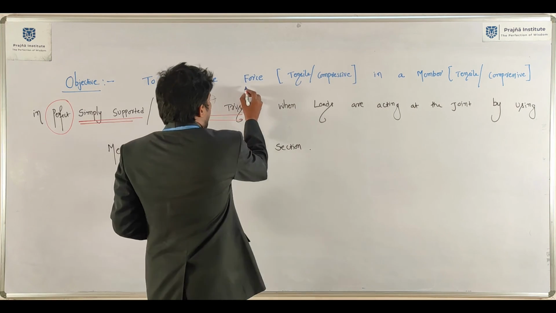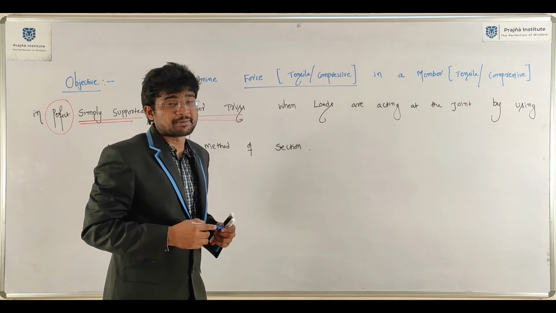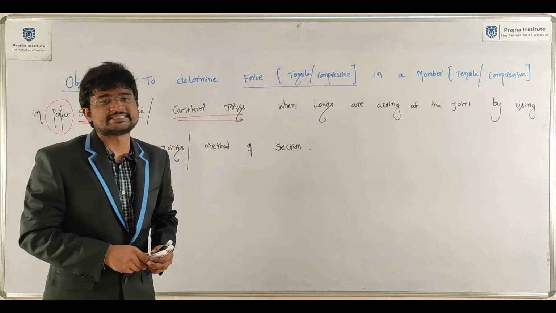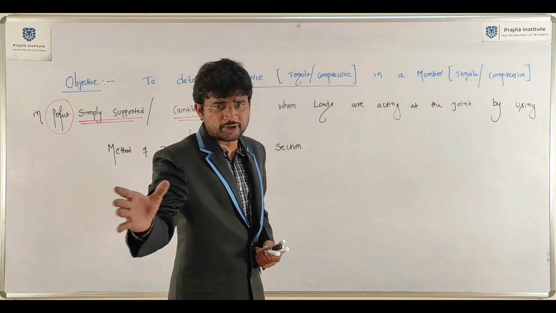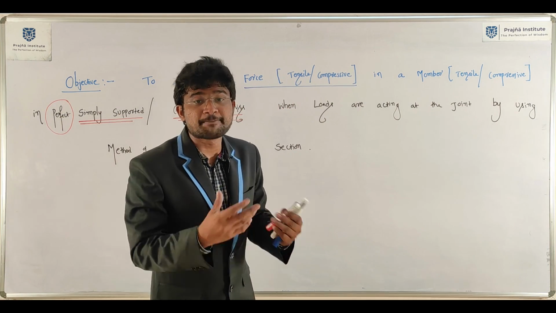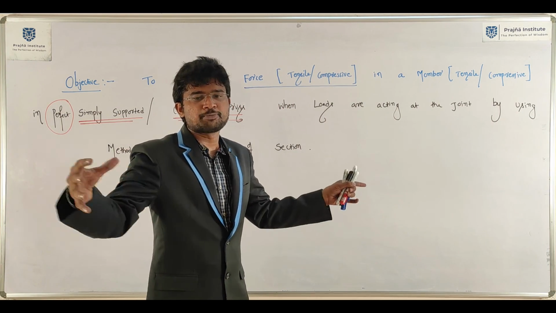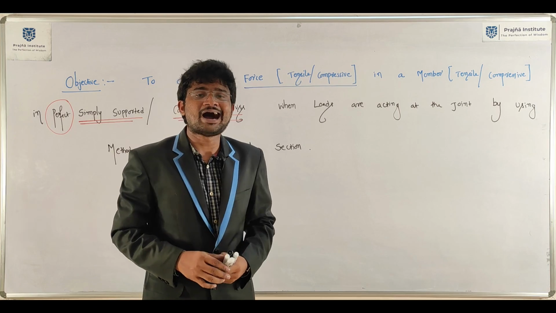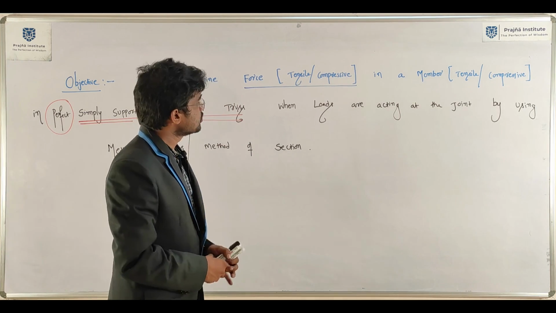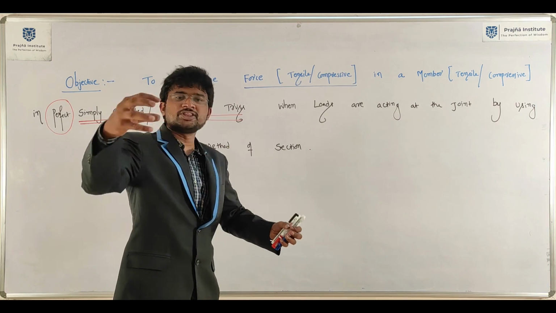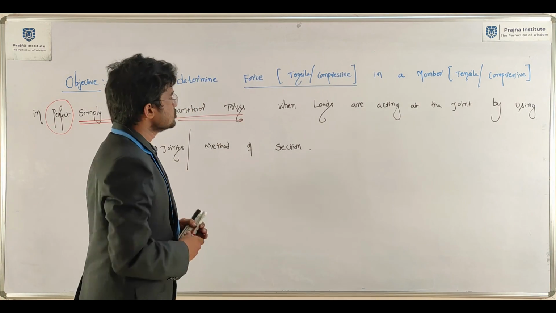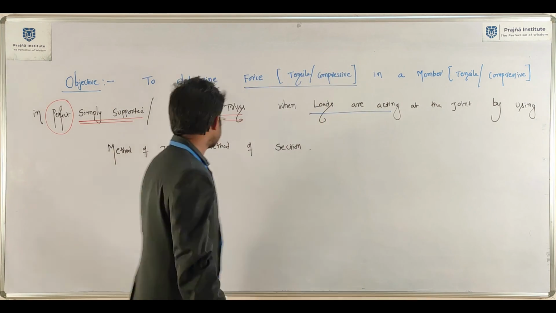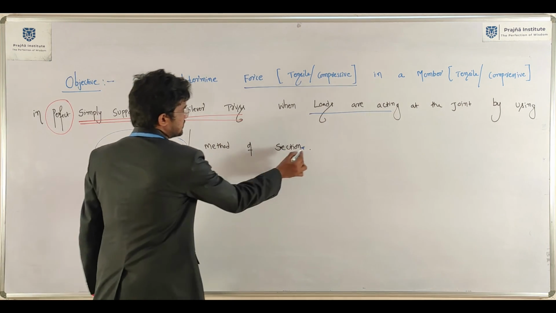After that, what is meant by tensile force and compressive force? Compressive member and tensile member. Tensile force means a force which is acting away from the node is called tensile, towards the node compressive. Pulling the joint tensile, pushing the joint compressive. We need to assume all the forces in the members are tensile in nature. So like that we need to draw free body diagram. Pulling the joint, pulling the joint. And in trusses, of course, loads will be acting at the joint.